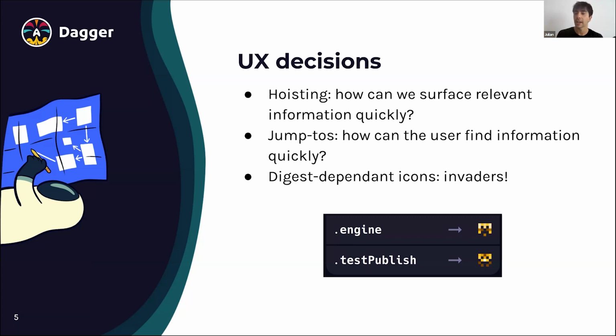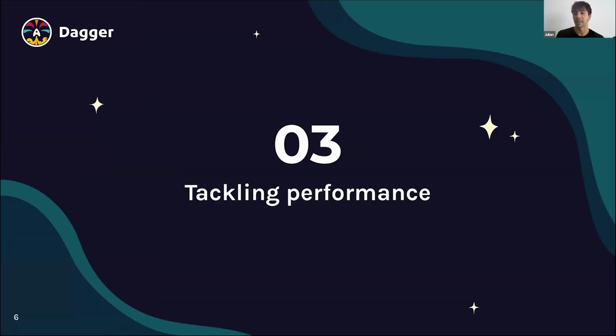We also had one tiny fun thing that was representing what we call objects of different functions and modules. And that's where the invaders came, and these funny icons to represent that came alive. We're going to showcase that in a bit. So that's basically the three top UX decisions that we had to make in order to make debugging easier